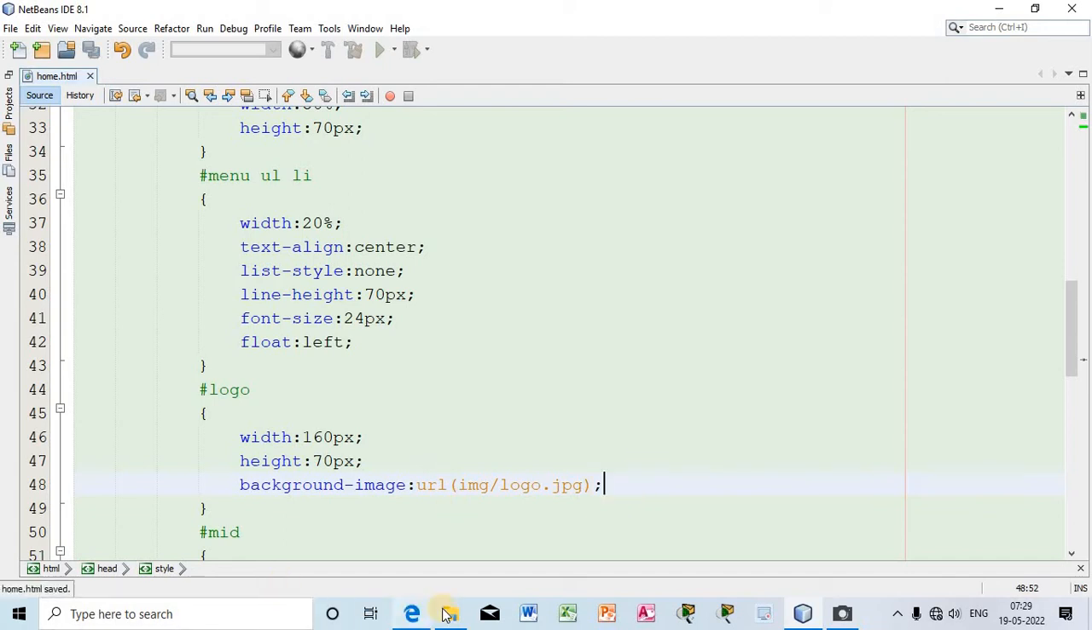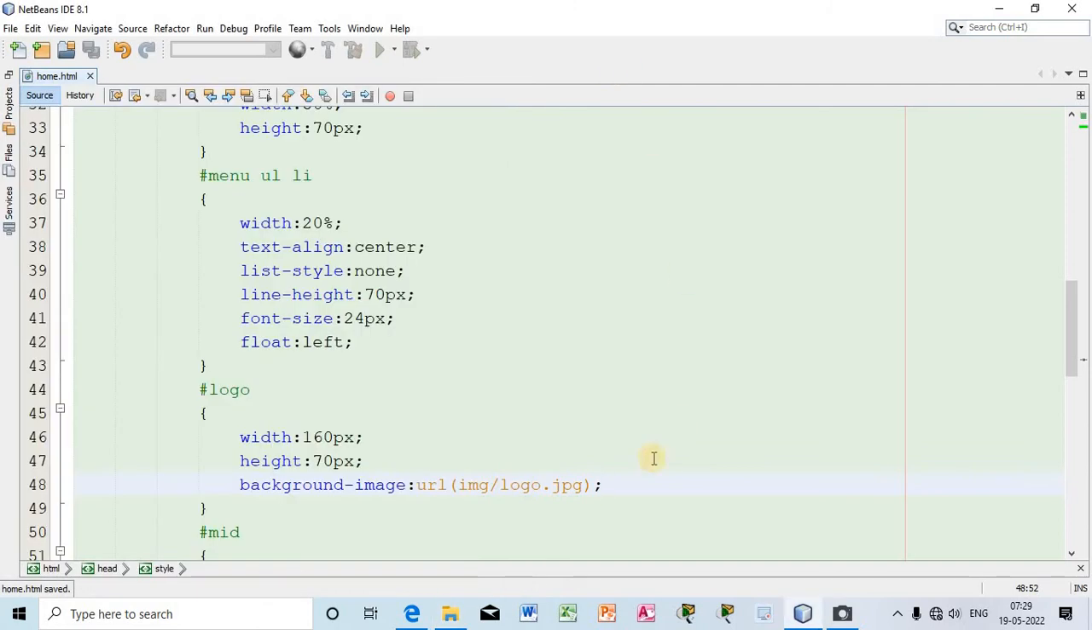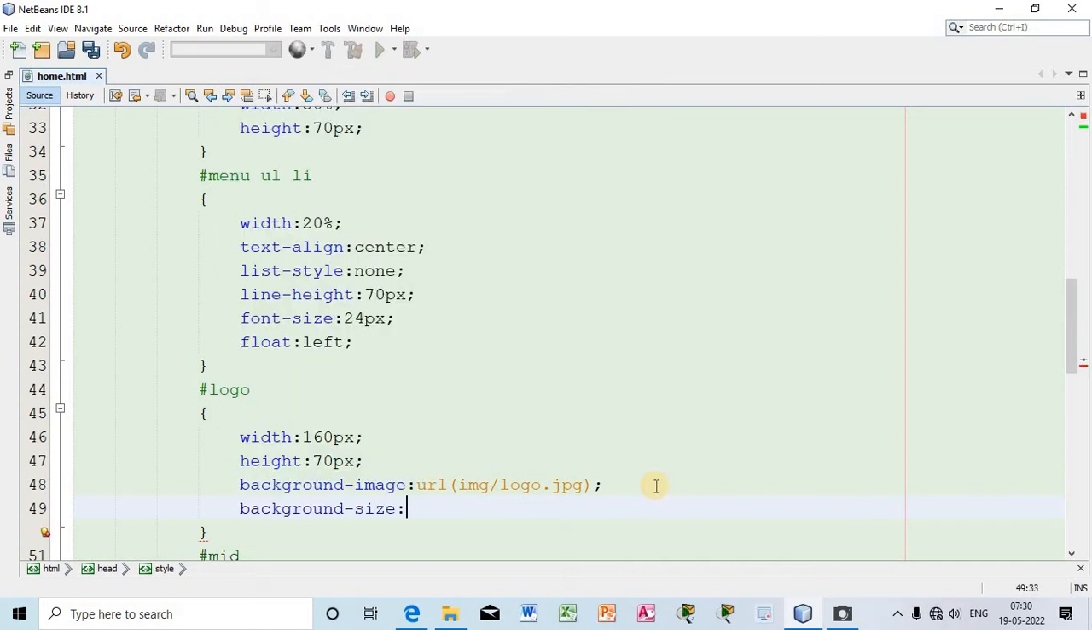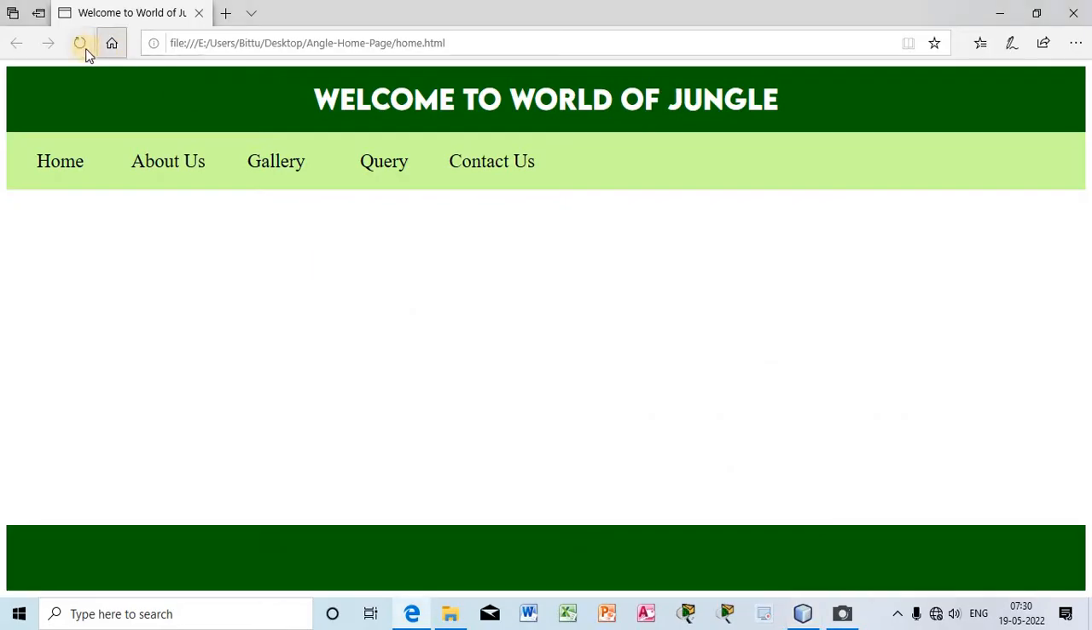You can see I have already downloaded some images inside this image folder. So that logo I will take here, right? And background size will be 100%, 100%. Now let me show you how it looks. If I go and click here, you can see this will look here, but this thing has to appear right here. How will this thing appear right here? If I write